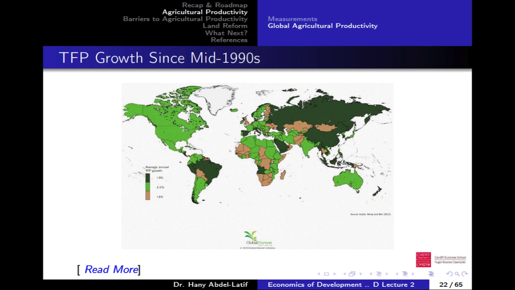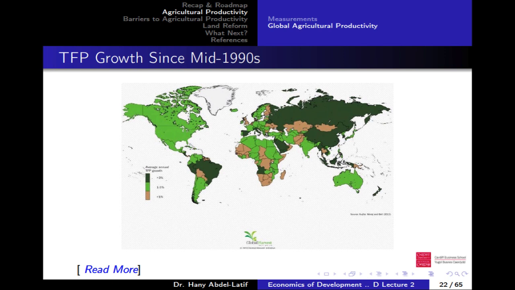Last time we showed the number of the population living in extreme poverty, and they came mainly in these areas. Okay, so they have major issues. They have serious issues with the agriculture sector. This is the source. If you want to read more, again, it's optional. You don't have to read it, but if you want to know more about where these figures and graphs come from, just click on that source. It will take you to the source.